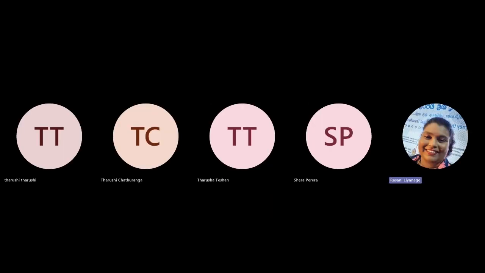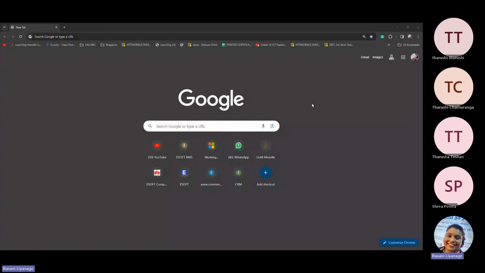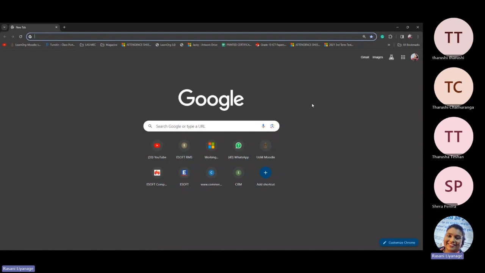Good afternoon, everyone. So today, what we are going to do is to understand how web development can be done. Now, first of all, since we have so many edits today,